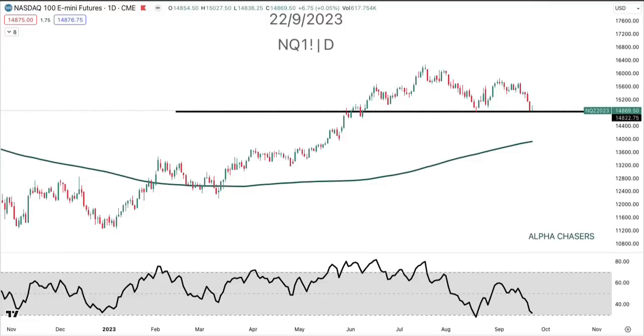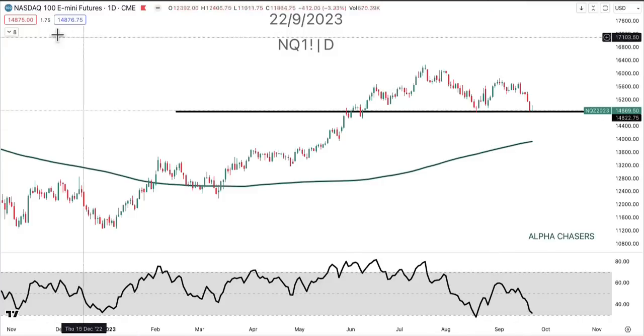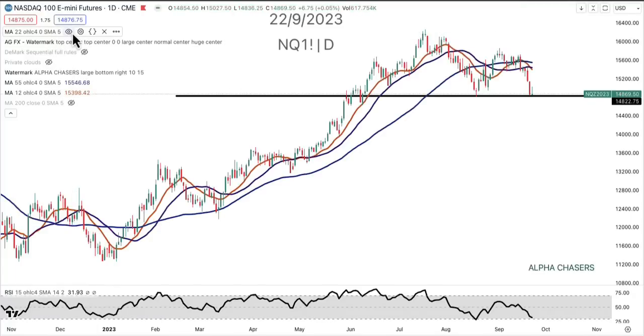So what you want to look for with this kind of stuff is you just want to watch this neckline and see how you act, and that really takes you to that 14.8, right in that level. You don't really want to close over it. At this point, I don't think that there's much of a choice that you don't break that at some point. There's some news on some names that are floating out there. We're going to get into that later in the day, but let's just take out the 22 for a minute,